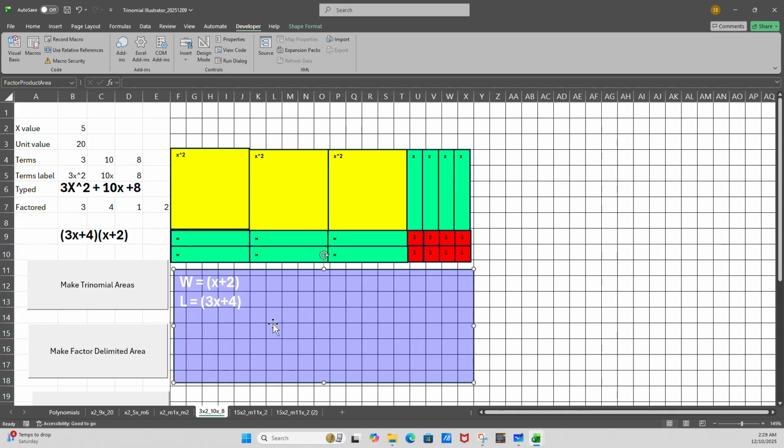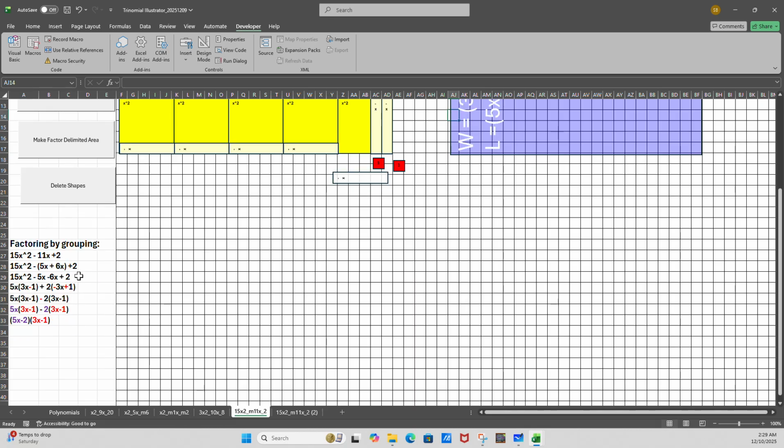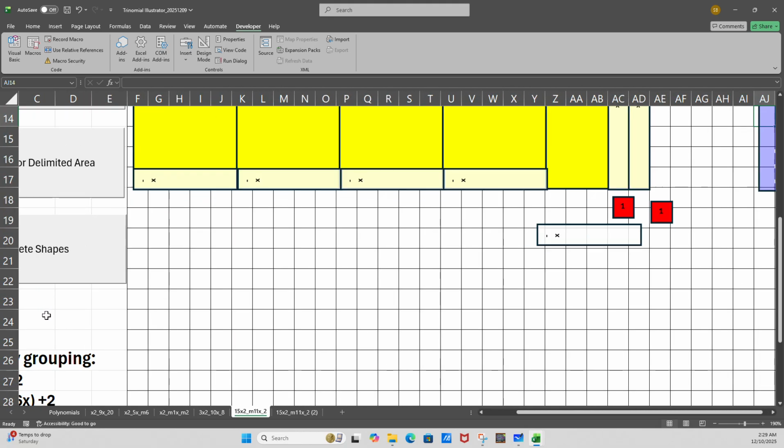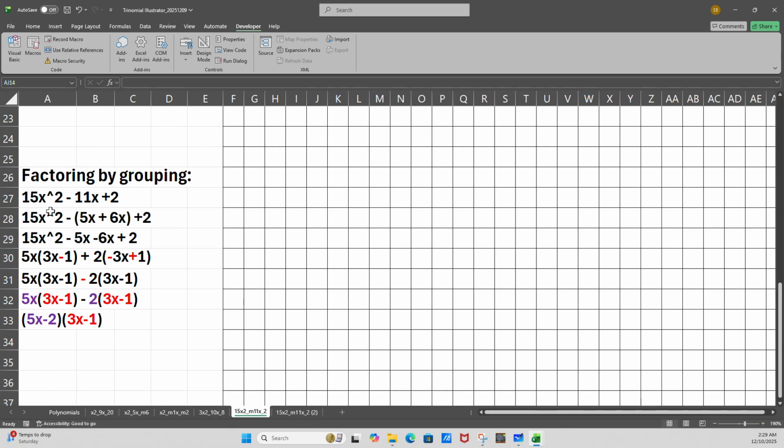Now, moving on to this one, and zooming in on it, you can also use grouping for this. So 15x squared minus 11x plus 2. On the next line, we break up the minus 11x. If we break it up into 5 and 6,